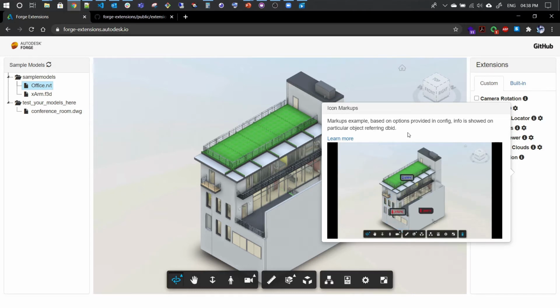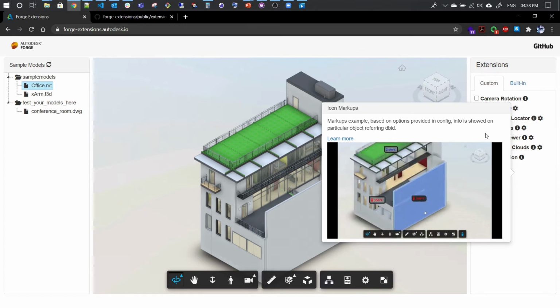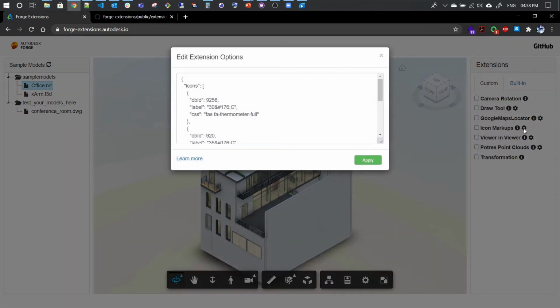Let's see the settings or options. I'm going to click on settings. So here is the icons array. Let's not worry too much about DBID in case you're not familiar with it. DBID is nothing but the ID of one object.